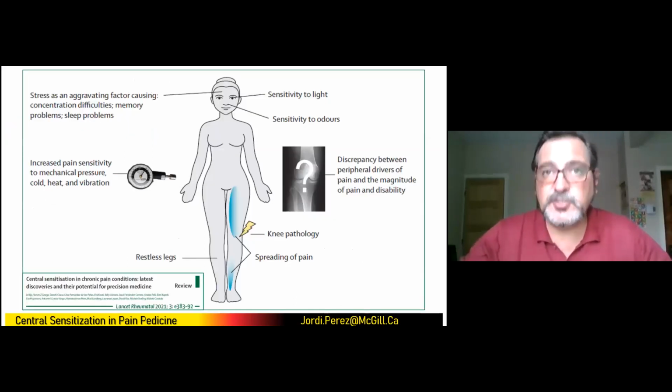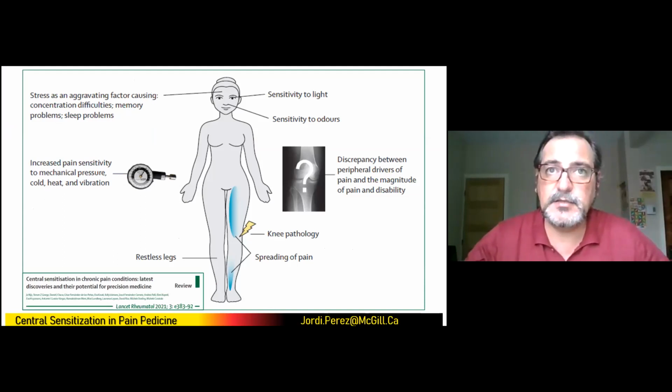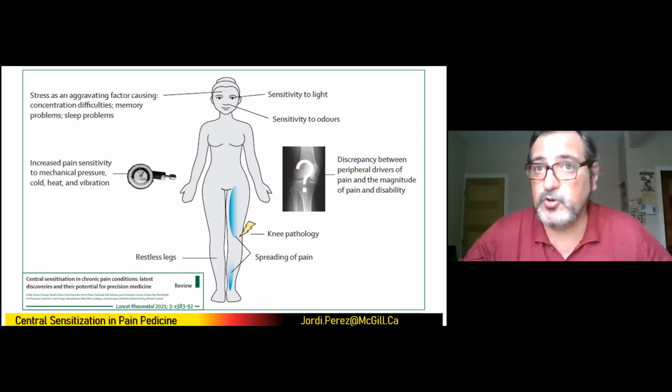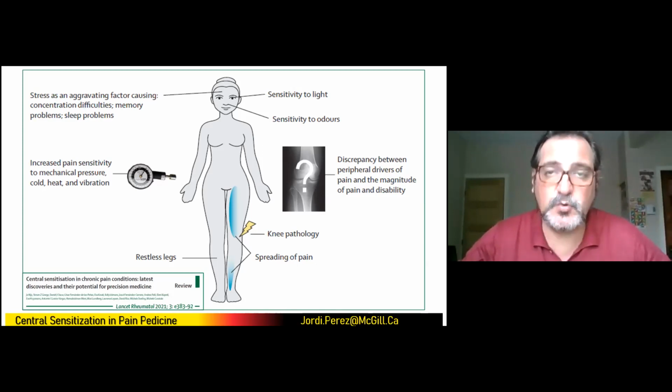The clinical picture of a patient with central sensitization includes local pain, of course, and pain spreading to other areas. There is increased pain sensitivity locally, but also in remote areas. There is sensitivity to light, sensitivity to others. Therefore, I would say that there is decreased inhibition, and the whole nervous system is hypersensitive. And there are other factors, since we know that pain affects some central centers of our brain that are also linked to emotions. For example, stress is an aggravating factor, along with difficulty with concentration, memory problems, and sleep problems. All this in the context of a patient with severe symptoms,